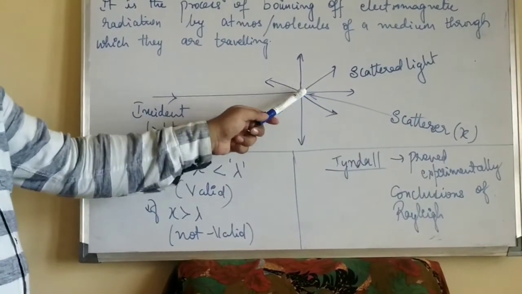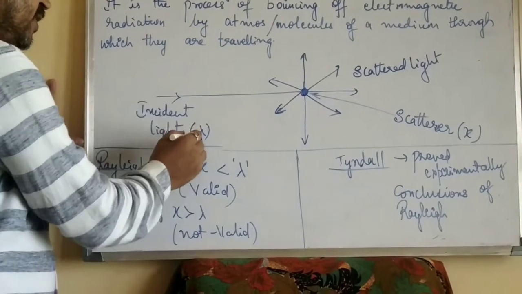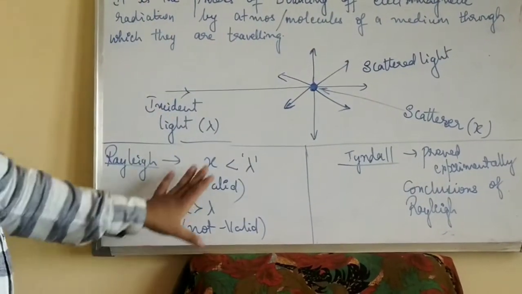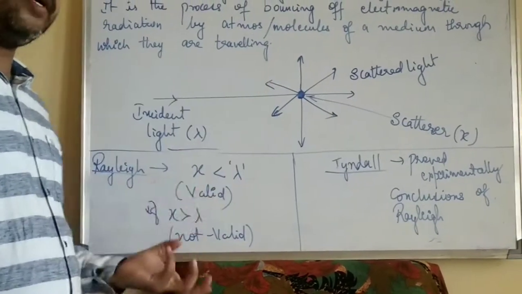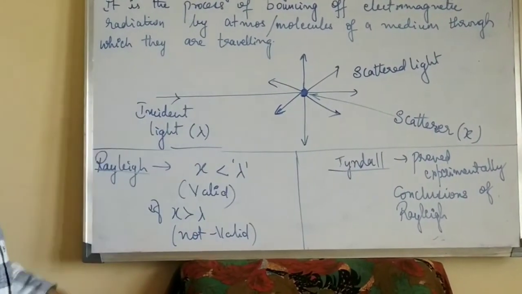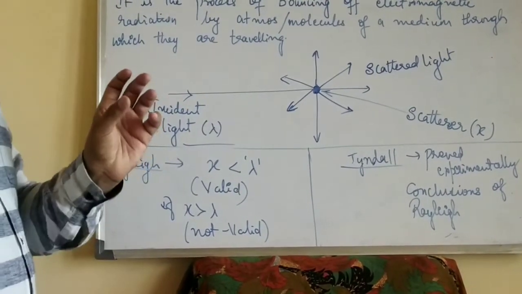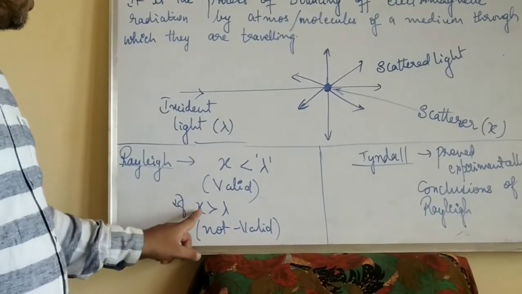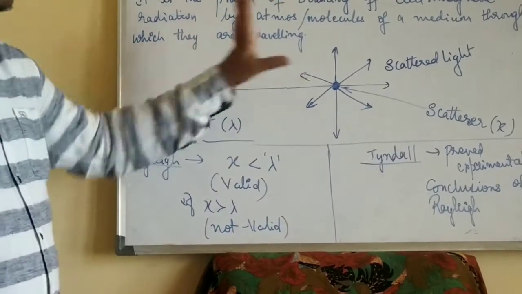The size of the scatterer, if it is less than the wavelength of light, then the scattering of light would happen, means it was valid. The scattering process would have happened only when the size of the scatterer is less than the wavelength of light. Otherwise, if the size of the particle is greater than the wavelength of the light, that is lambda, x is greater than lambda, this scattering process was not valid in that particular